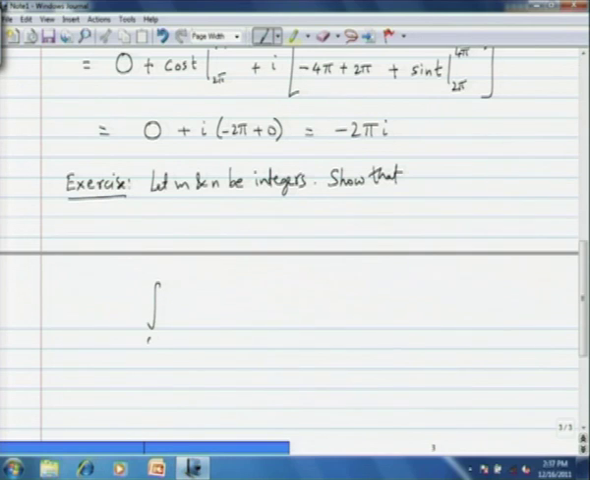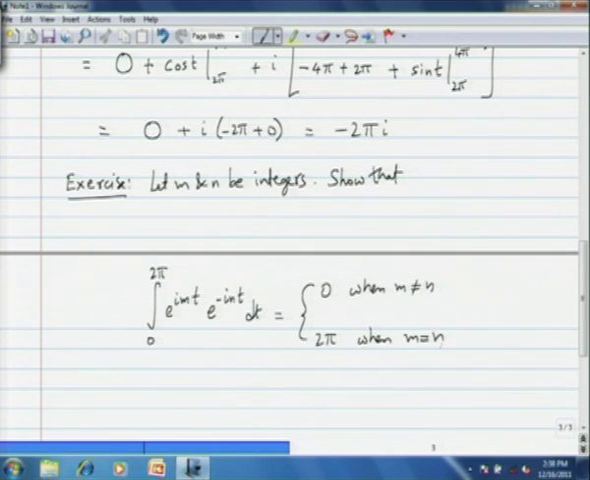the integral from 0 to 2 pi of e to the power i m t times e to the power minus i n t dt is 0 or 2 pi: 0 when m is not equal to n and 2 pi when m is equal to n. Okay. So, it is an easy exercise using the definition, okay, and